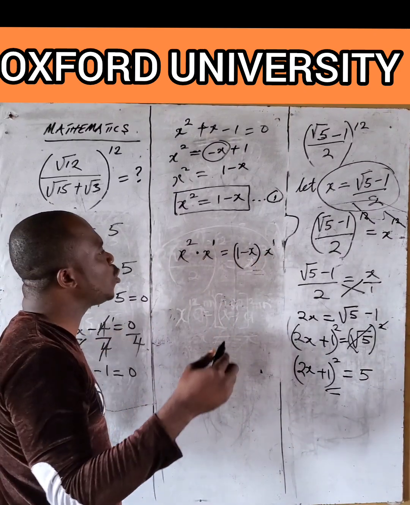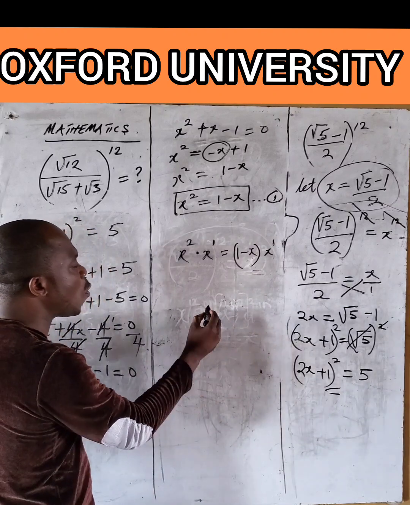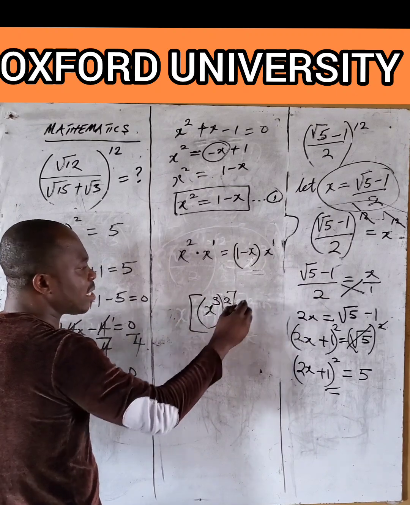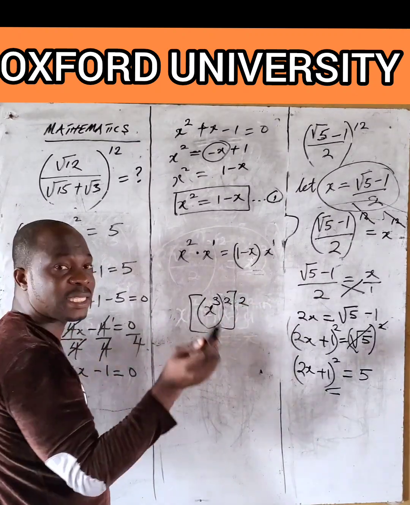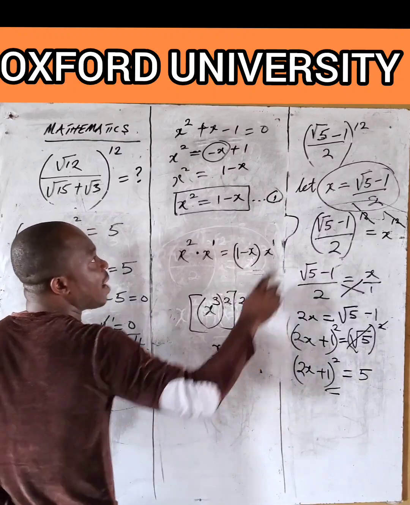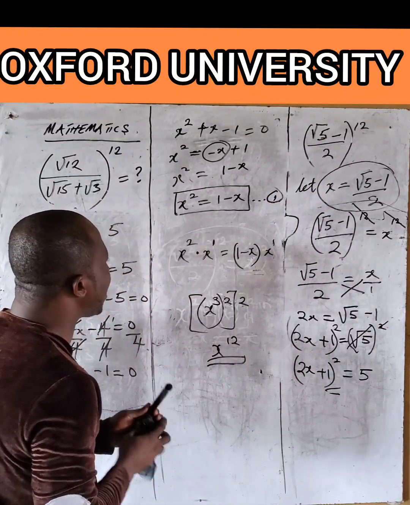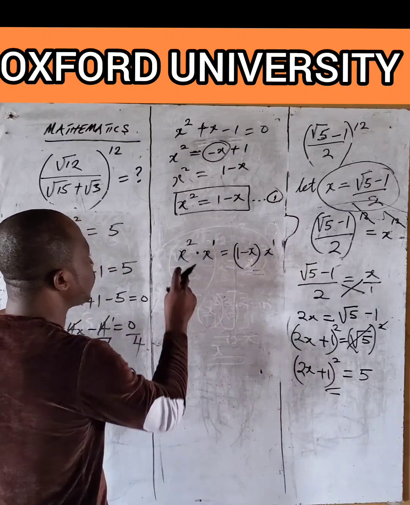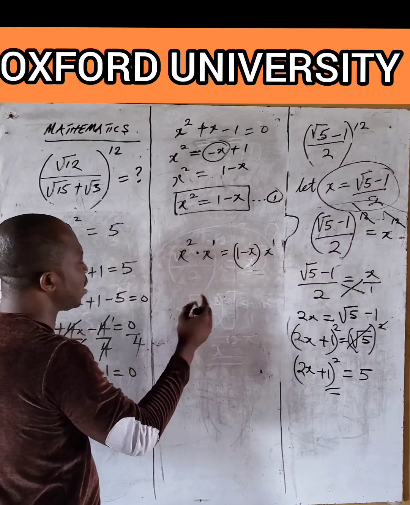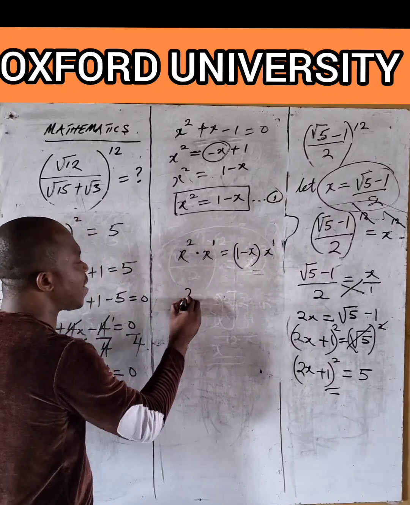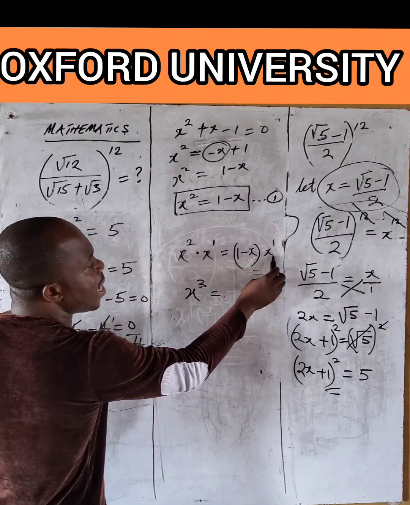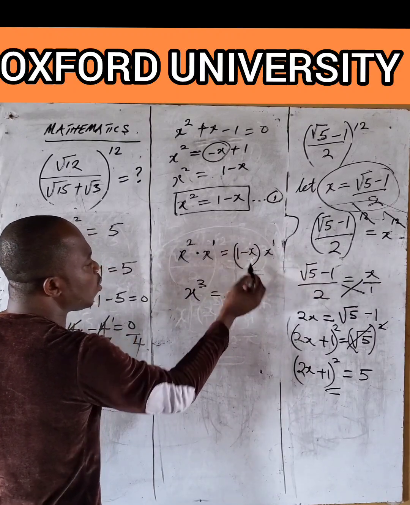Why did I do that? I want to arrive at that thing I did before, where we had x raised to power 3. We multiplied, we raised it to power 2, and again raised it to power 2. So that if 3 is multiplying 2, we are getting 6. Multiplying 2, we are getting 12, which is x raised to power 12, arriving at this. So if that is true, then I would say that this multiply this, of course, when they are common, the powers are added. Remember the law of exponent. So we have x raised to power 2 plus 1 will give us 3 is equal to x raised to power 1, same thing as x. So x multiplying the whole of this will give us